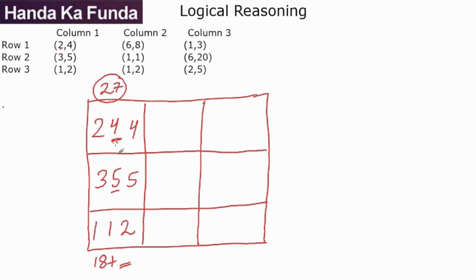Because if I put 2 here or 3 here, then I will have to put 6 or 7 here, which will not be possible, because the maximum middle value here is 5, the maximum middle value here is 4. Both of them will take their individual maximums so that I can get the total as 27. Let's check for the others. So 6 and 8, 6, missing value, 8, 1 and 1, so that means all 3 values are 1, and then I have 1 missing value 2.